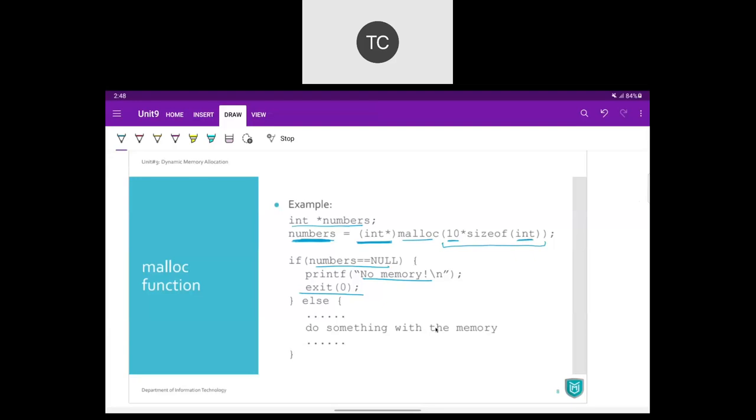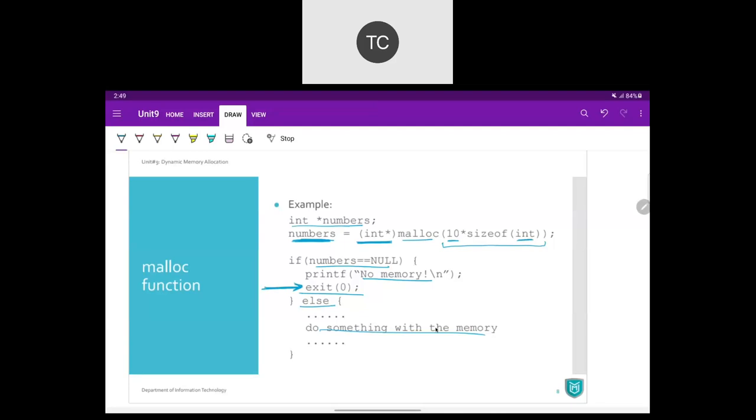Otherwise, in the else part, we do whatever we want to work upon. We store some data in that memory location, we calculate some answers, and then we print it and all those things, right? So all of the rest will go under this else code, or maybe you can omit this else part because you are directly exiting your code if you do not have that memory location, right?